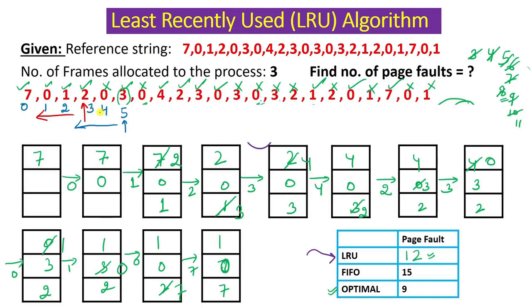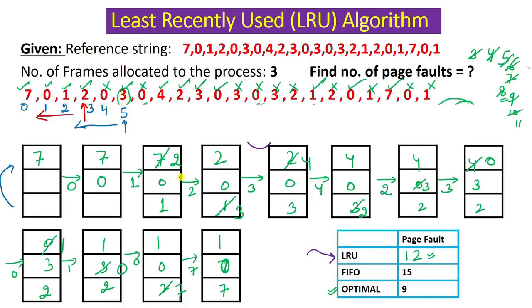But if you saw in the FIFO, that is first in first out, page replacement algorithm, when 3 came, which page was replaced? According to that, actually 0 was replaced. In that you saw that there was a circular movement. When 7, 0, 1 was there and you asked which page should be replaced when 2 came, you said 7. Then when 0 came, because it was not generating a page fault, there was no issue.